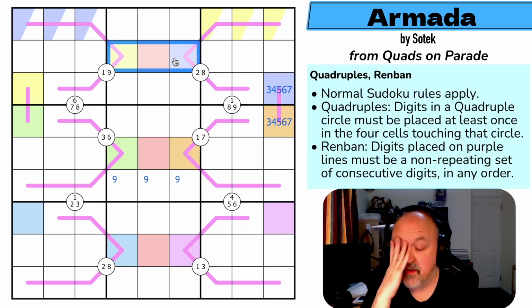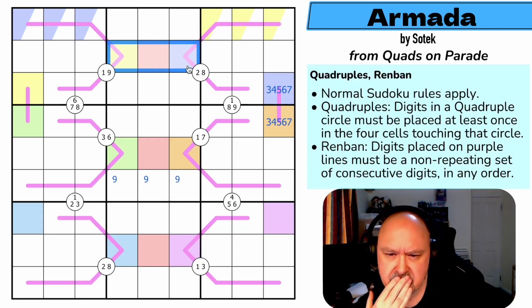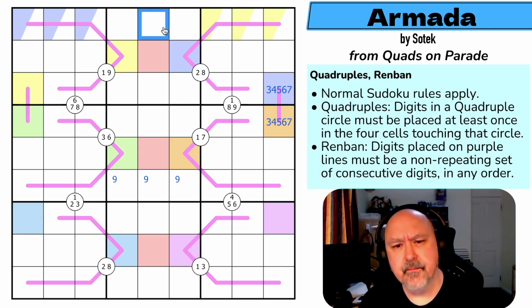I'm not even sure what it would mean if they were, but... I mean, what would happen if they... So what would happen if they weren't 4, 5, 6? Where would you put? So what would happen if, say, that was a 5? Or that was a 5? If that was a 5,